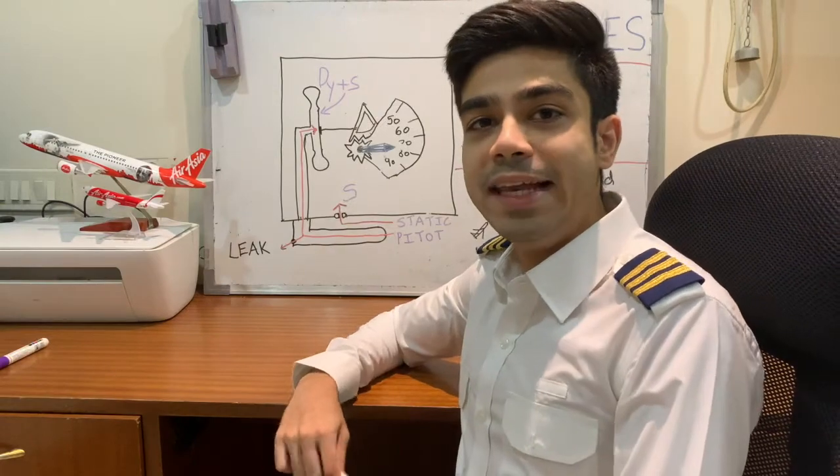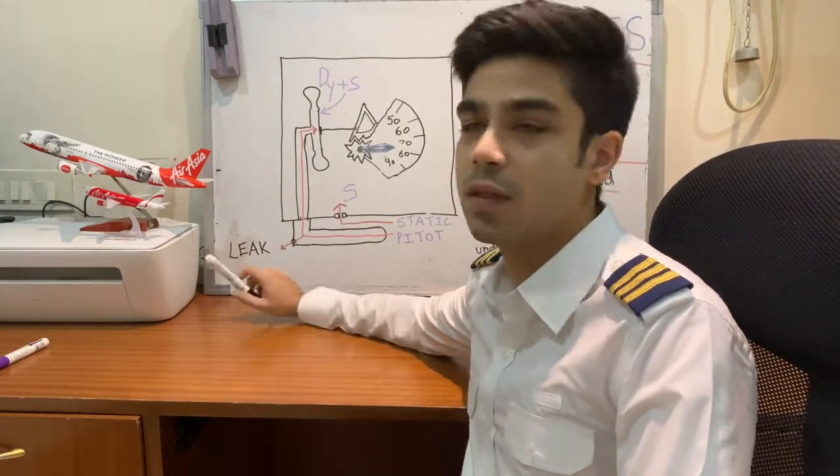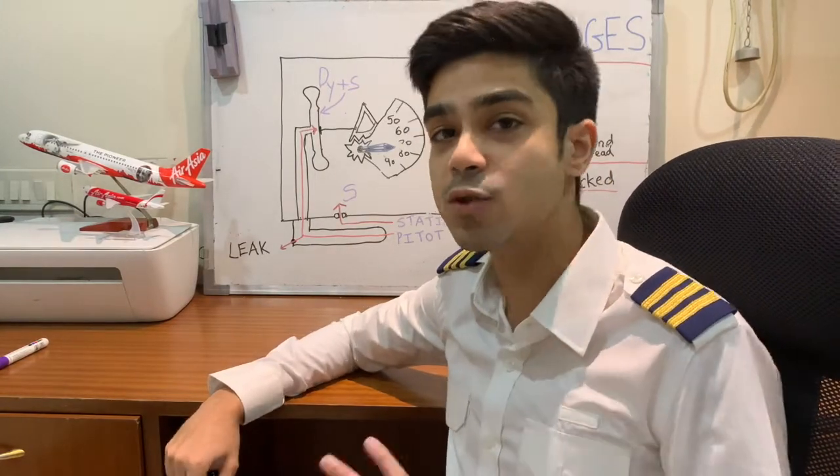In case of a leak of the pitot tube, as you can see, some amount of pressure is going to escape. Therefore, in a leak, it's always going to underread. Now let's talk about the different airspeeds. Each one is obtained from the other by adding or subtracting some correction, usually subtracting to get the better one.